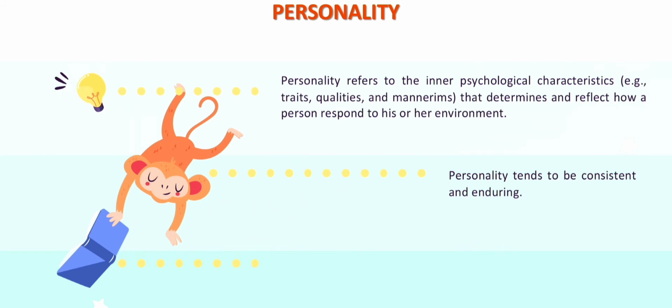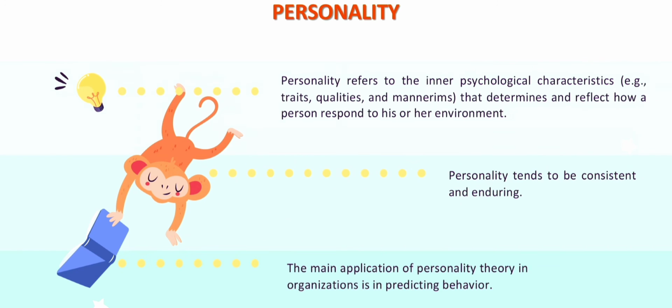Behavioral accountants can deal effectively with people if they understand how personality develops and how it can change. The main application of personality theory in organizations is in predicting behavior. Personality tests might determine who would be most effective in stressful jobs, who would respond well to criticism, who must first be praised before being told of undesirable behavior, who is a potential leader, who is likely to work better in a participative work environment, and who is likely to be a security risk, and so on.